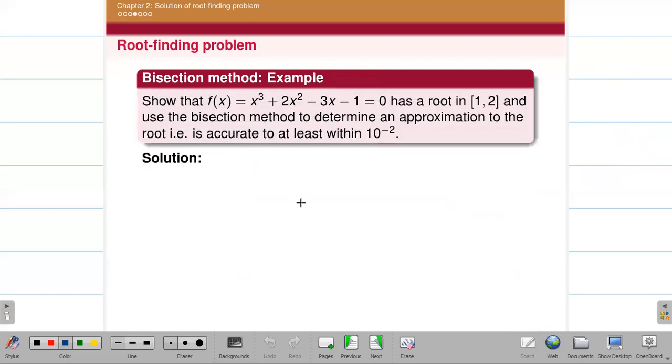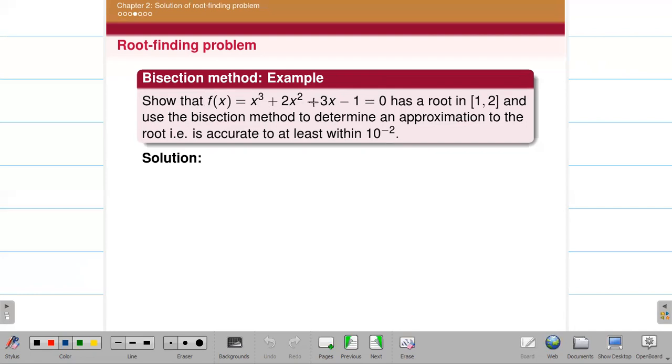So this is the equation, which has a root in [1, 2]. And also listen, if you are applying any method on any equation, it will work for only one root. If it is a cubic equation, obviously it has three roots, at least three roots for this equation. The method will not work for all the roots, only for the root which lies in [1, 2]. So if you are applying the bisection method or any method on any function, you will get only one root at a time. If you want to find another root for that function, you have to change the interval.